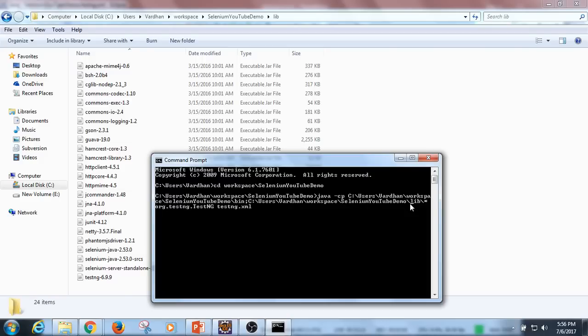Now there's an asterisk that has to come here, right? The reason I've given asterisk here is because there are multiple jar files in this folder, correct? It's not just one jar file. Since there are multiple, we have given asterisk, and that's the rule and that's the command. So anyways, let me hit enter and show you that this is how the XML file will be executed